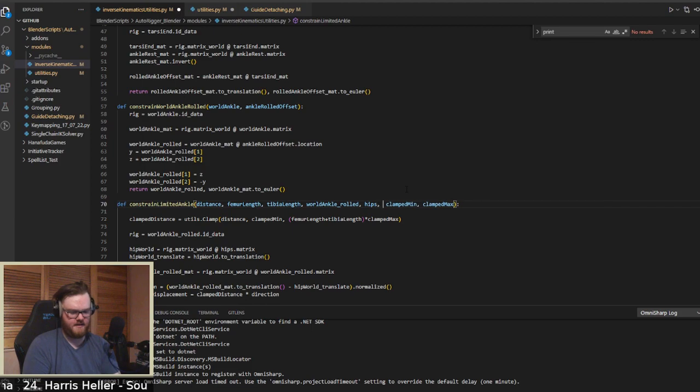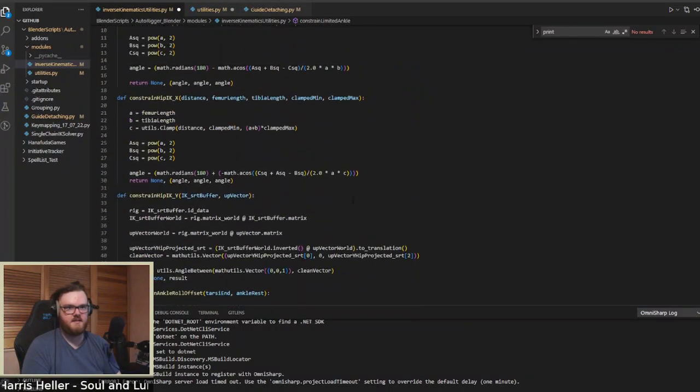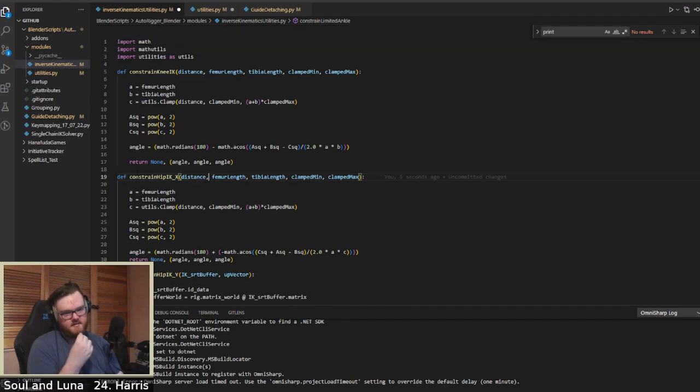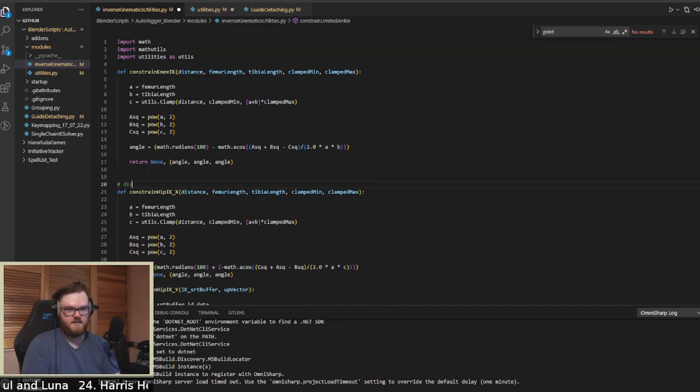Hips and then leg. So what is taking that hips in? So all of these taking that in between. So those actual distances, distance should actually be